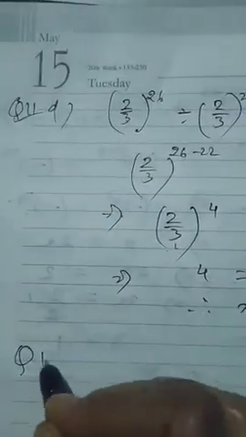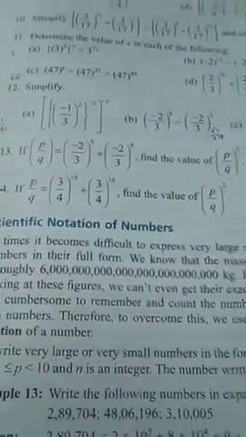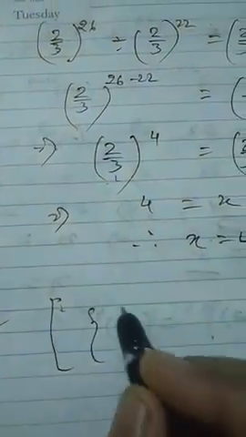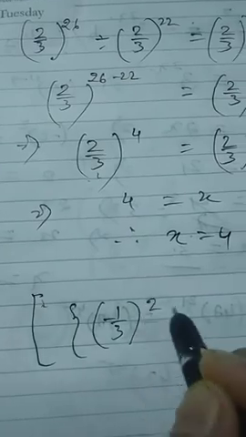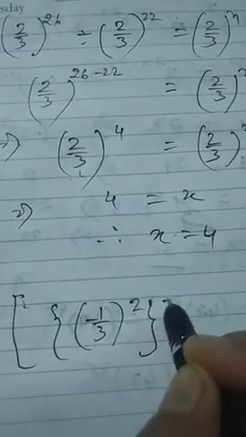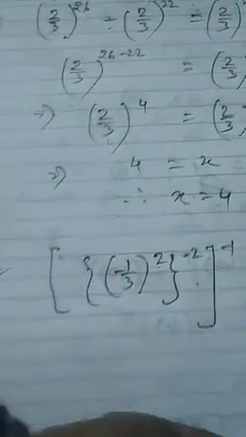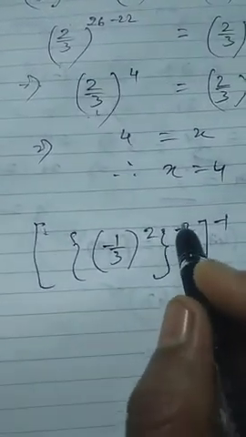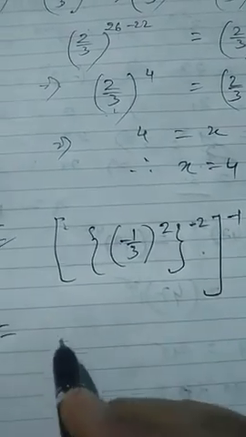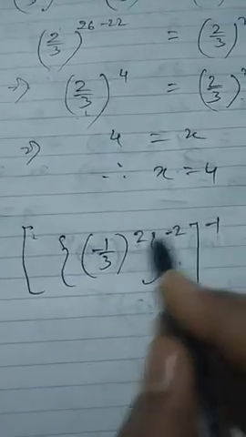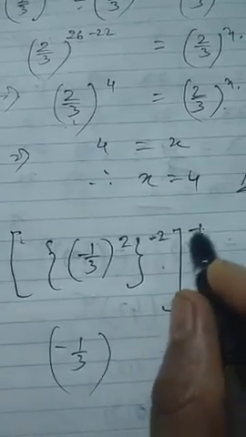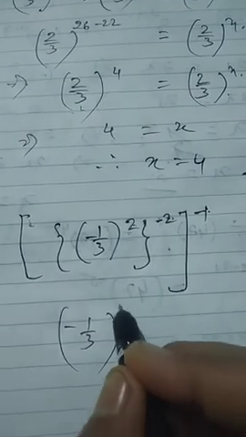Clear? Now question number 12. Simplify. You have to simplify and express this not in exponential form. Whenever simplify is written, it means you have to break it and write its proper value. Now you can see minus 1 by 3 to the power 2, to the power minus 2, to the power minus 1. Power over power, we will multiply the powers. So minus 1 by 3, minus minus will be plus. 2 2s are 4, 4 1s are 4.